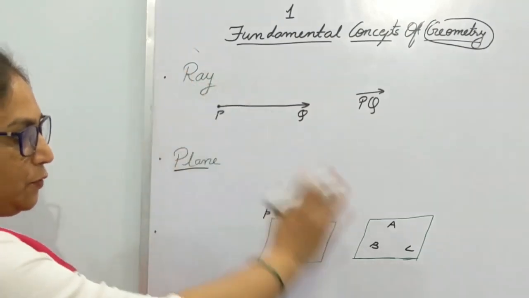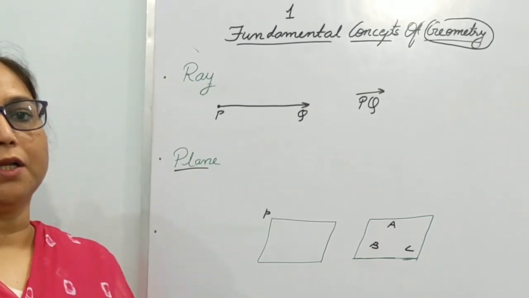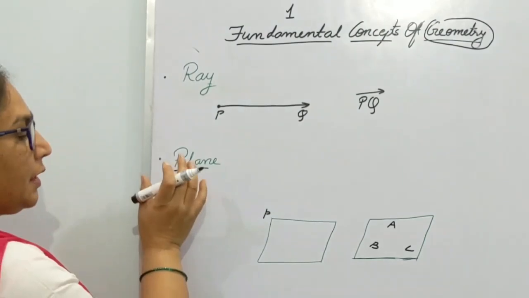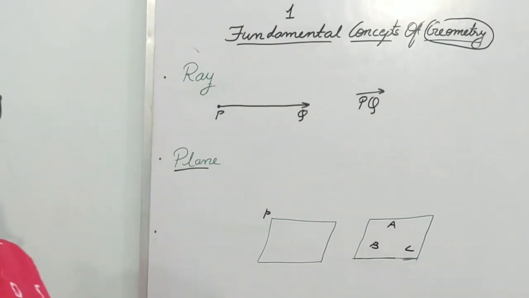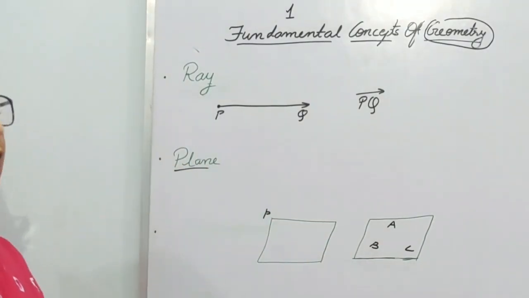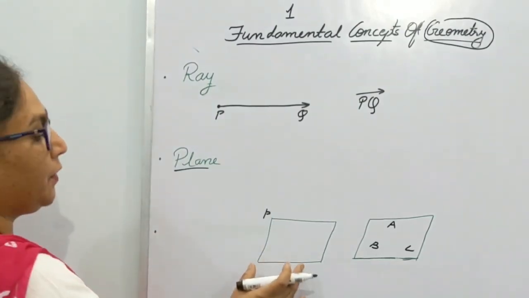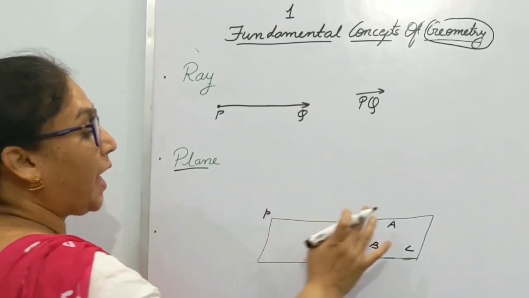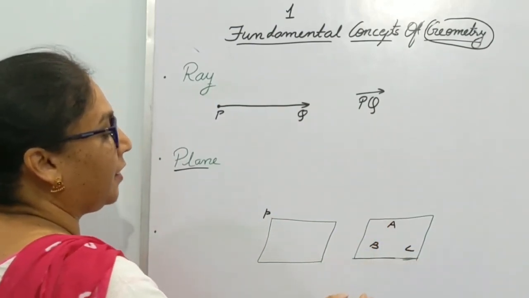Plane. Plane is a flat surface. For example, this surface you can see, or top of the table, or surface of the wall. But if we talk about a surface of bottle, it's not plane, it's curved. The length and breadth of a plane is infinite. It means, in other words, we can say plane is obtained by extending the length and breadth infinitely. Next thing, a plane doesn't have height. And to represent a plane, we use either one small letter, this represents plane P, or 3 capital letters A, B, C. So this is plane A, B, C.